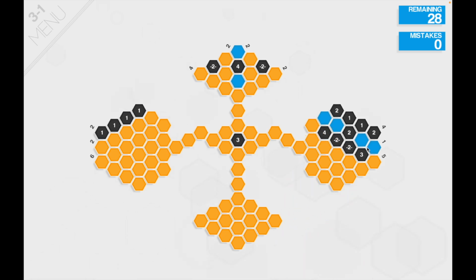Okay. Looking over here, there's a 1. It has 1 blue already. So I can open, open, open, open, open, open, open. And this whole row is satisfied. I'm looking